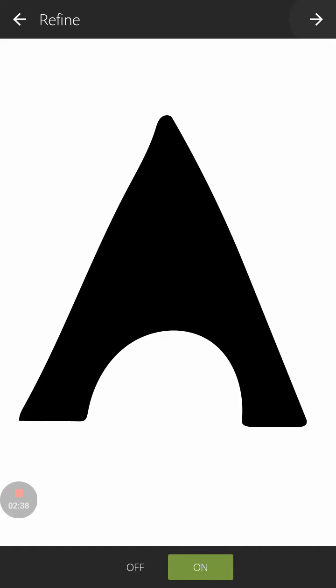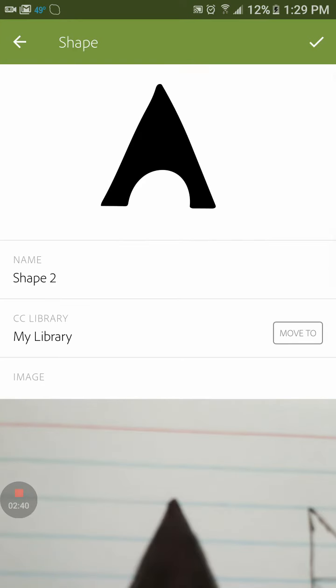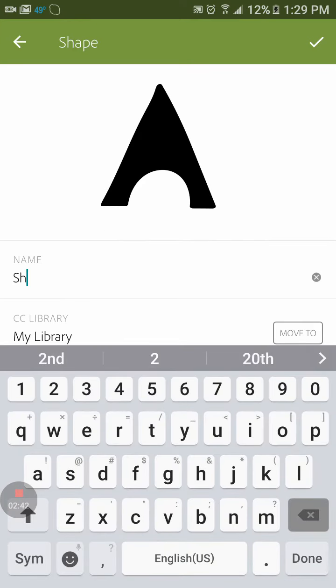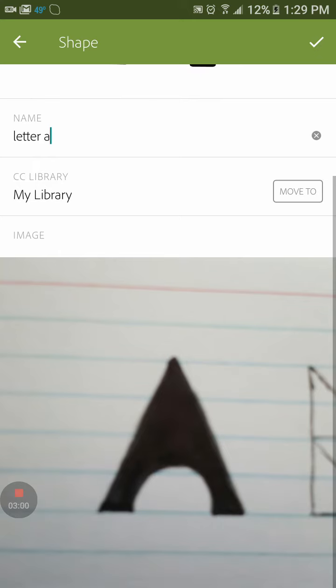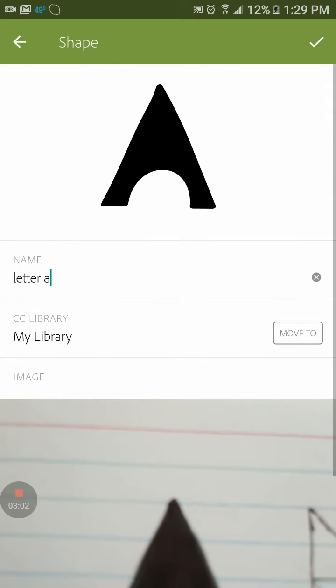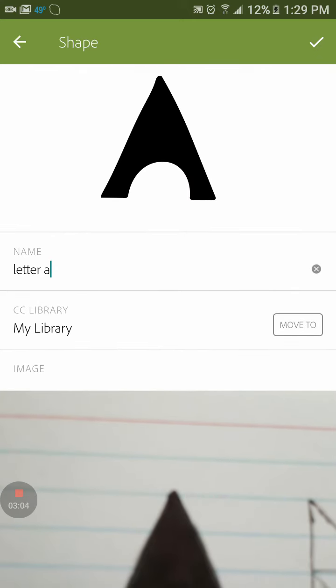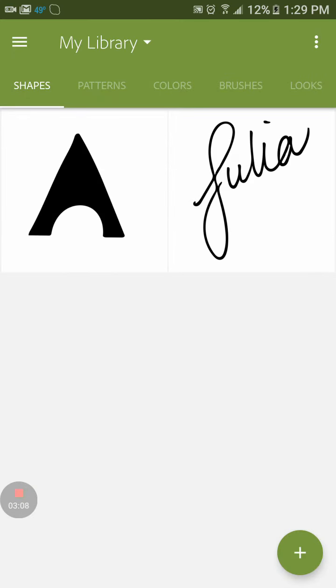When I click next, it gives me the option to name it. So I'm going to name this letter A, and it's going to go to my library in the Creative Cloud. You want to make sure that you have a Creative Cloud account and that you're signed in, and that's where it will go. It's also going to capture the picture where you originally got it from. So I'm going to click the check sign up here to accept the changes, and there it is